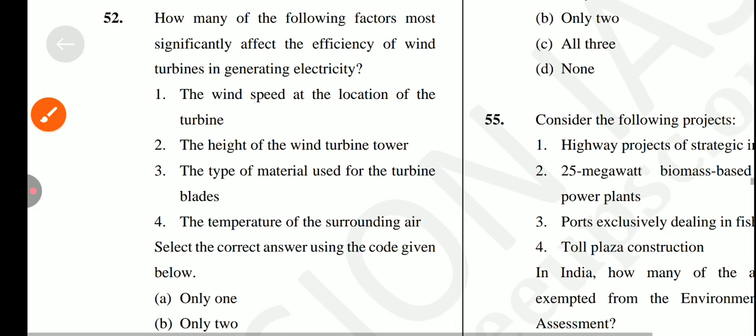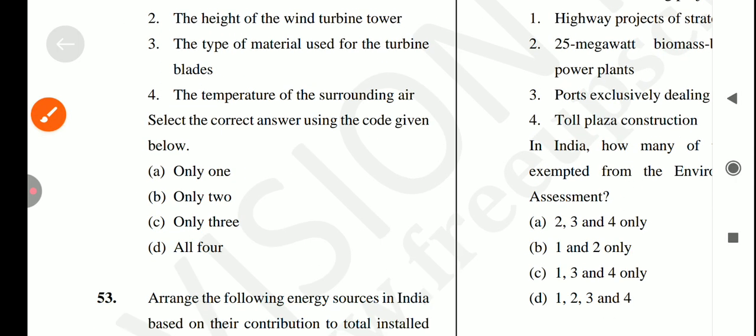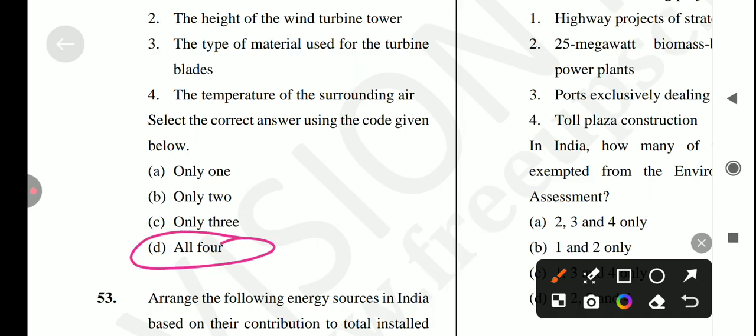how many of the above factors most significantly affect the efficiency of wind turbines in generating electricity? So first statement is the wind speed at the location of turbine, yes it's a correct statement। next is the height of the wind turbine tower, yes it's also correct। next, the type of material used for the turbine blades, yes it's also correct। next is the temperature of the surrounding air, yes it's also correct। so answer for this question is option number D, all four are correct। okay, so let's come to the next question,